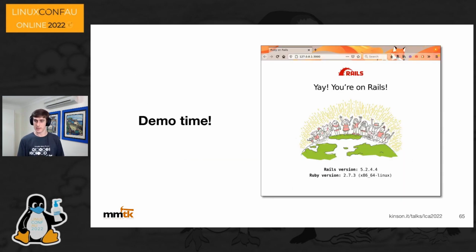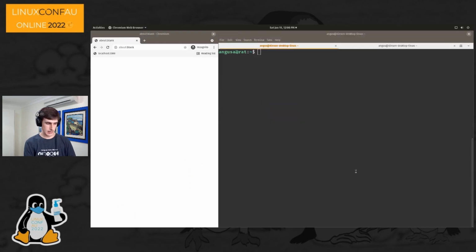So, now that's all finished, let's get a little bit of a demo. Right here I have a terminal on a web browser. What we're going to do for the demo is create and run a Ruby on Rails application. If you've heard of Ruby, it's probably because you've heard of Rails and want to use Ruby on Rails. So, as we can see,